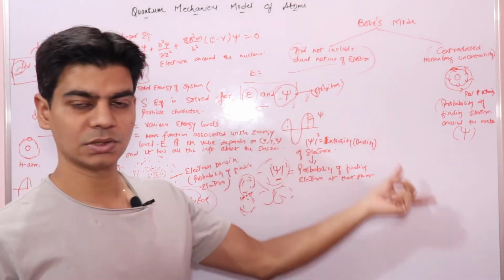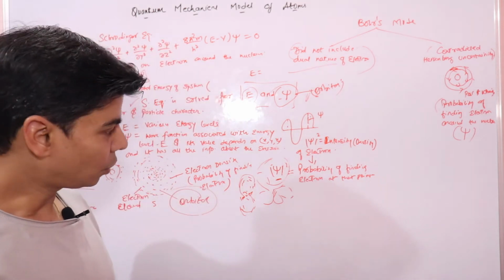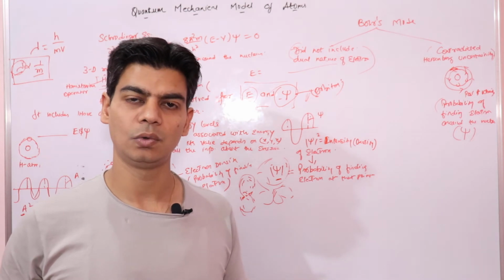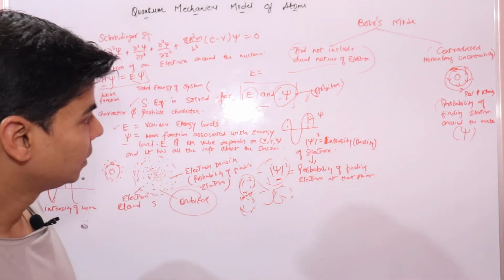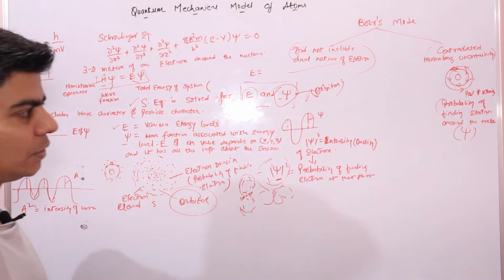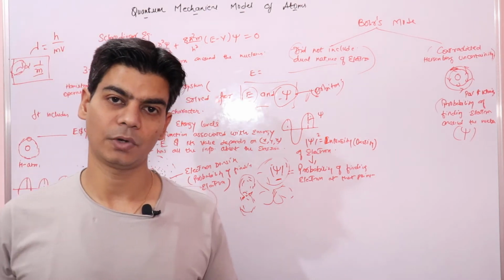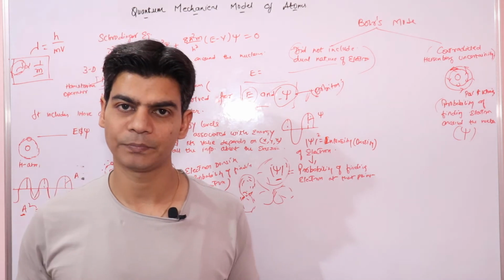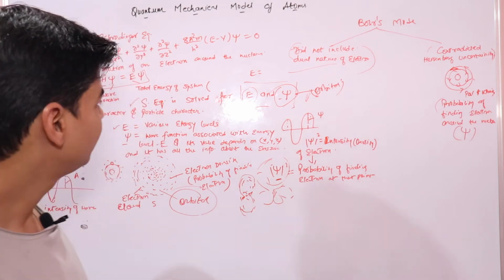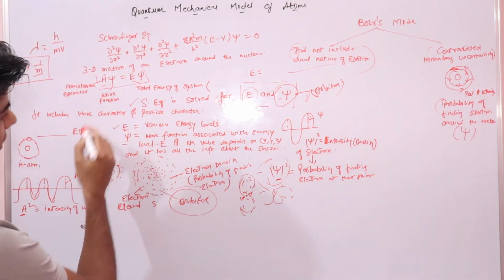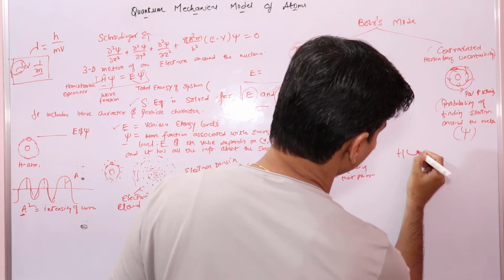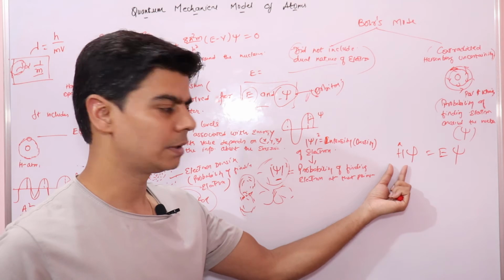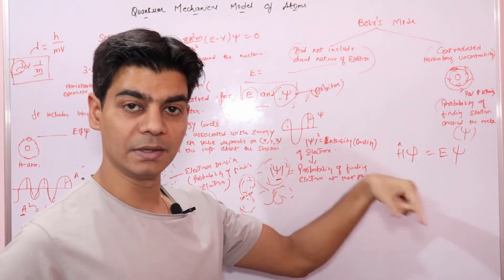So since we solve the Schrodinger wave equation to get the value of E and psi, right, to define the structure of atom, the Schrodinger wave equation can be solved exactly for those atoms that contain only 1 electron, right? But when we try to solve it for multi-electron atoms, for example helium atom that has 2 electrons, if you remember, in the beginning I said that we construct this H psi, this is the Schrodinger equation,